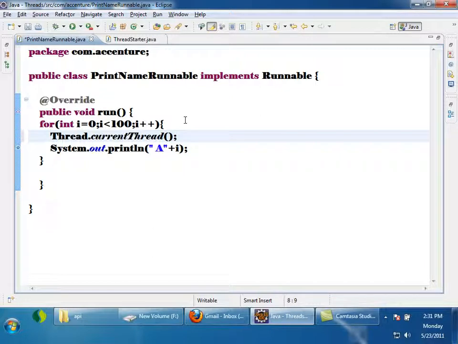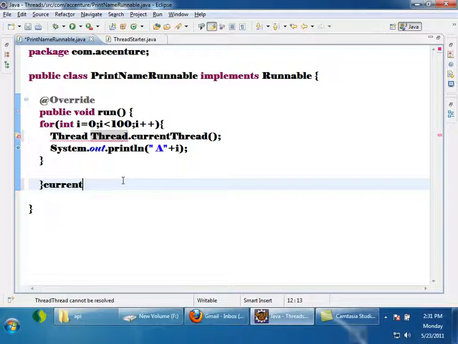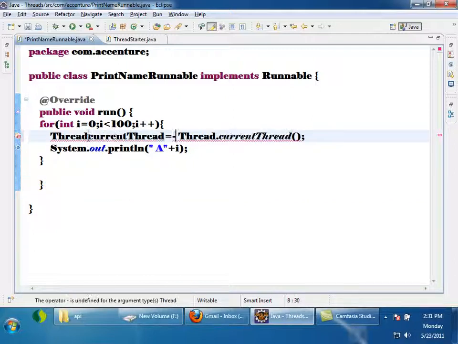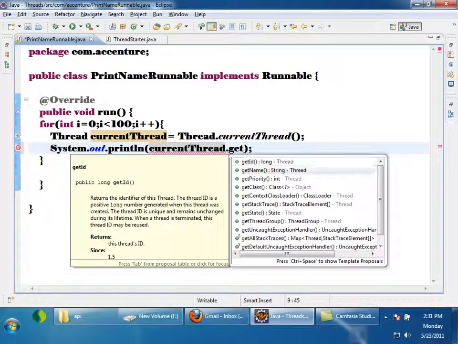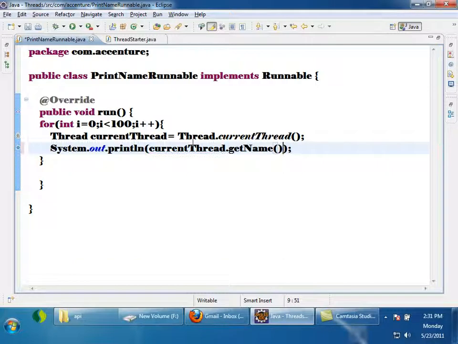So currentThread is equal to... Now here I just wanted to print the thread name. currentThread().getName() is used to print the name of the thread.